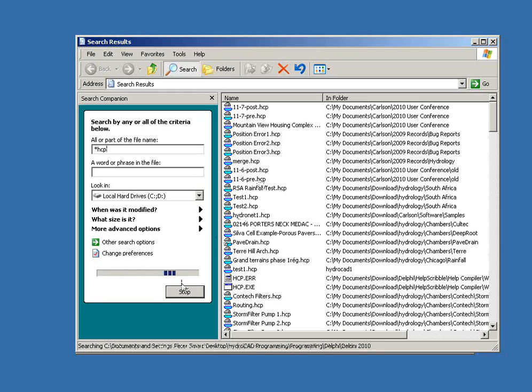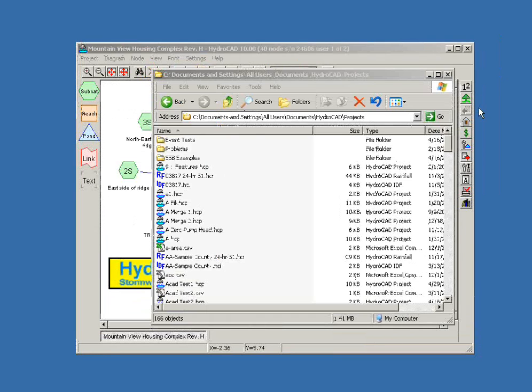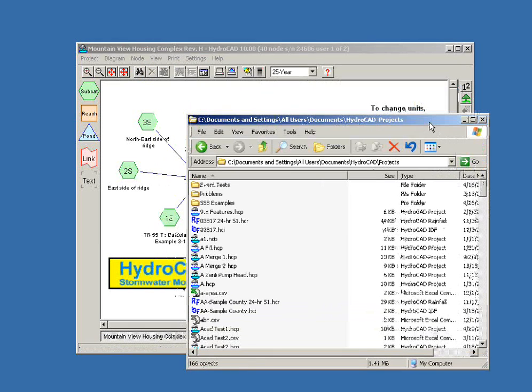So this will find them all for you. So it's pretty easy working with the actual HydroCAD project files. There's no special configuration needed. The next group of information we need to think about in terms of sharing data are additional tables such as